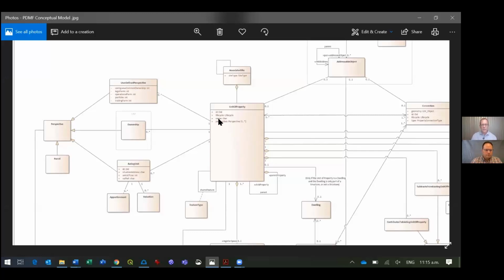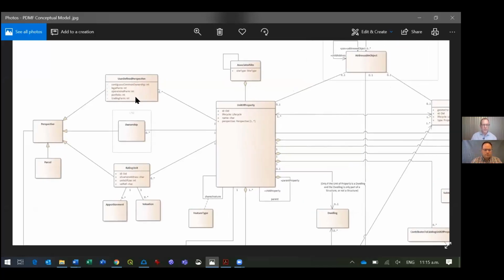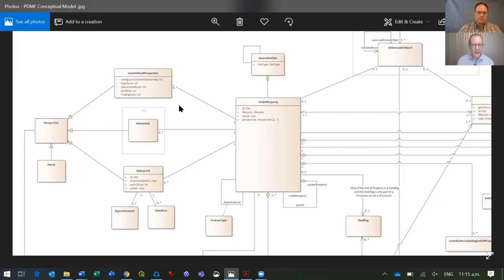And then we translate that through to what we're calling a unit of property, which is a property ID. And you can have different perspectives. For instance, we've got a couple up here that we had some conversations about. We know that there are about 3 different forms of a farm. There's an operational farm, a trading farm, and a legal farm, for example, that NPI talked to us about. There are many different perspectives of what a property is, and the important thing is they're all valid. What's crucial is that we understand what they are so we can turn it into a definition of a unit of property that then allows us to translate it into the digital data.